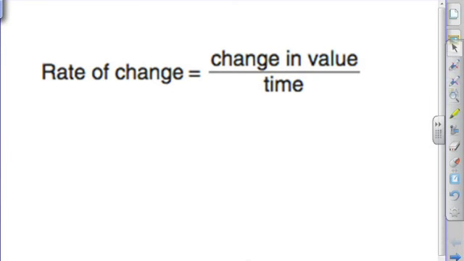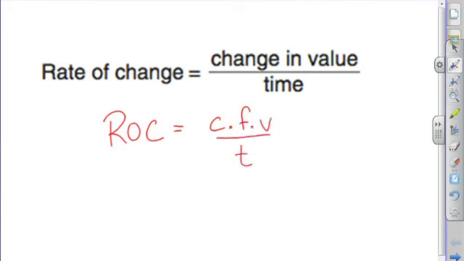Welcome. Today we're going to be looking at the rate of change calculation found on the front cover of the reference table. Rate of change can be determined by dividing change in value over time. Remember, the rate of change can also be abbreviated ROC, R-O-C. ROC equals delta, which stands for change, field value over T